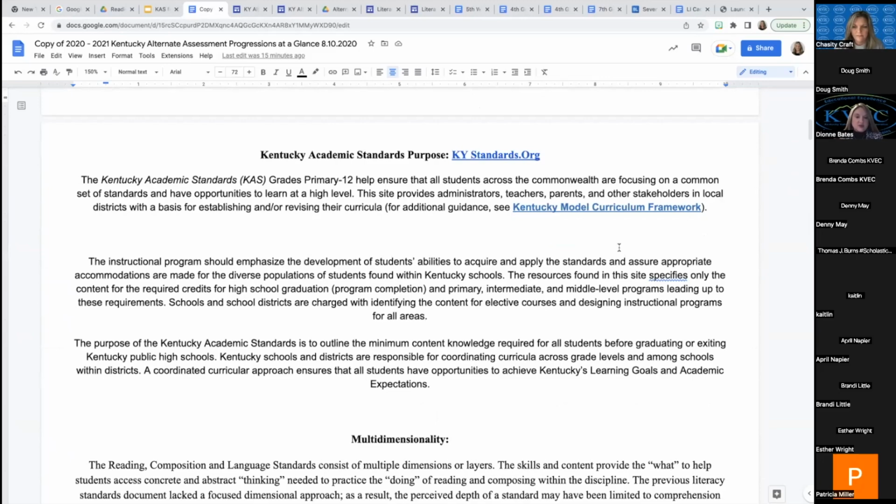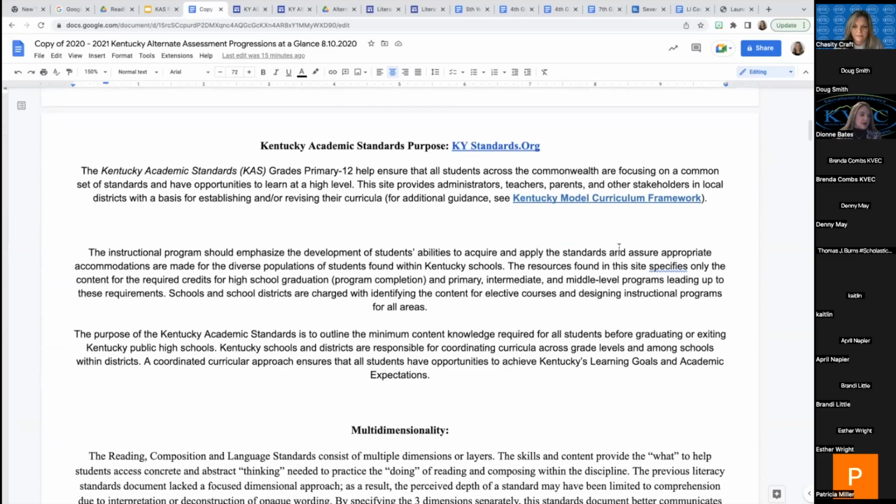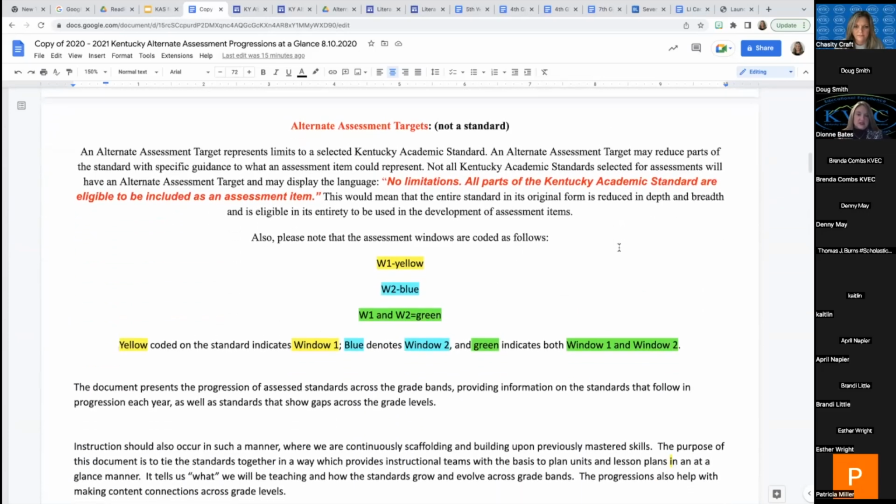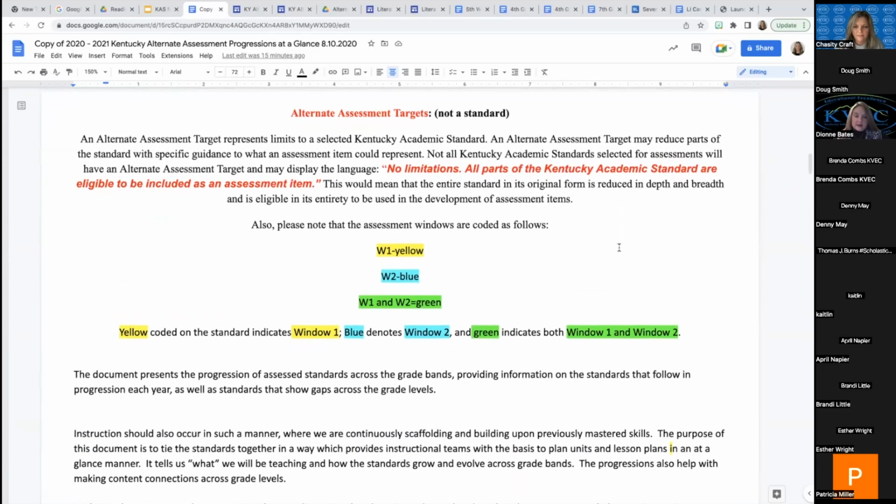And it's one that's been updated, but if you don't mind scrolling back down there, it's something I thought about when I was looking at this. I love the way it's highlighted based on when those windows are open for the assessment. But the particular thing I like the most, if you don't mind scrolling on down, is that